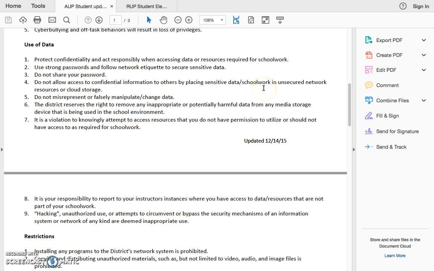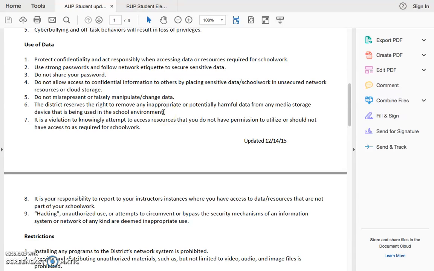The next section is use of data. It's the responsibility of the students to act responsibly when accessing data and resources, using strong passwords and following network etiquette. Again, never sharing the passwords. Don't allow others to access confidential information by storing it in an unsafe manner. Never misrepresent or falsely manipulate data.